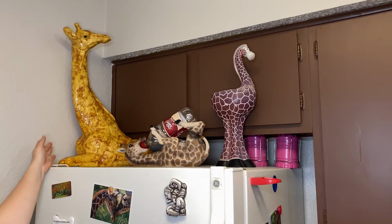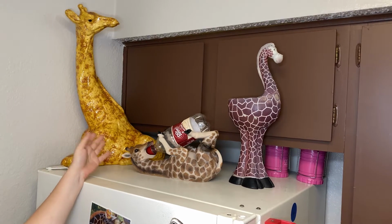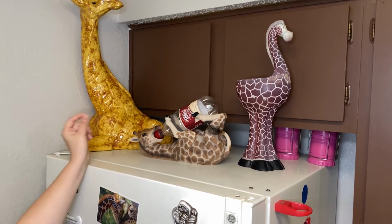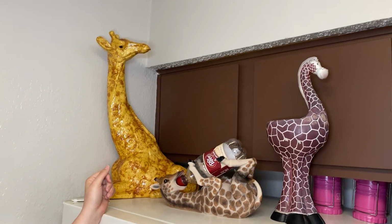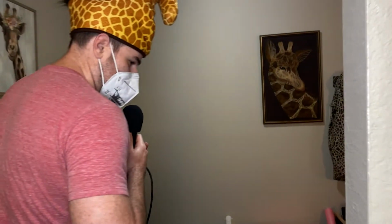This is another vintage piece that I have. And I love Dr. Pepper. Dr. Pepper is one of my favorite drinks. This is actually a wine bottle holder, but I had to put a Dr. Pepper in it. I mean, we're in Texas. When you're in Texas, you got to support Dr. Pepper. Of course. Yeah. So let's keep moving through the rest of the home,